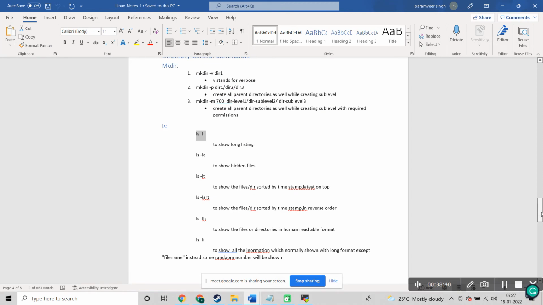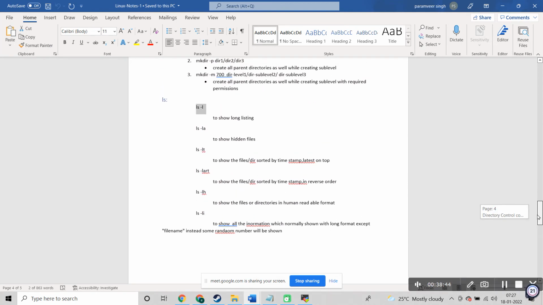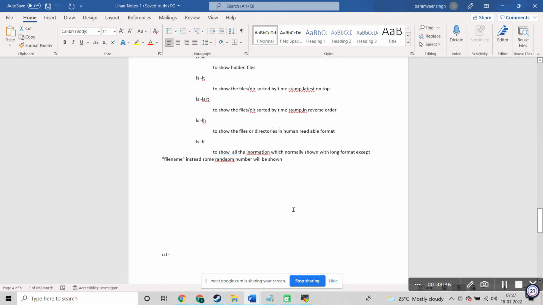I have not written this in the notes, so I'll note it down here itself. This is the shortcut for it. I'll format it later.